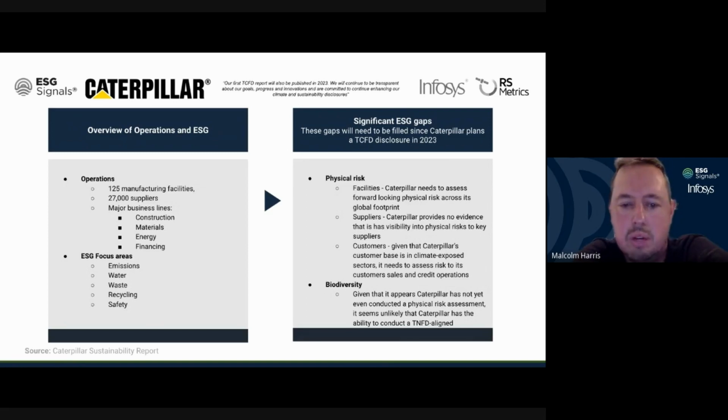We see they've mentioned water, which is a key dependence area within the TNFD biodiversity framework, and also, of course, their impact on the environment. And that's another thing someone like Caterpillar could very easily subscribe to. They could simply get a subscription to ESGSignals, and they would have that biodiversity footprint for their entire operations. So again, we're making it very easy to access this data, which I think is as important as the fact that what we're providing is a comprehensive and objective baseline of your operations. The ease of access and ability to filter throughout the company is just as important.